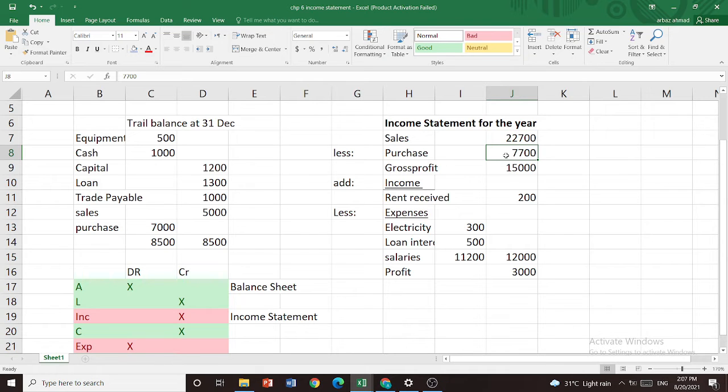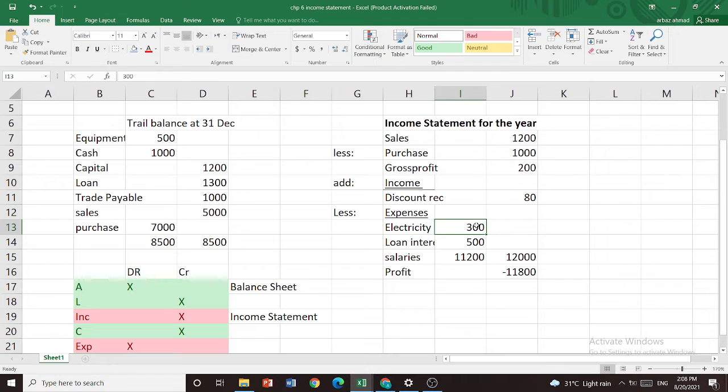Let's say you buy one phone for 1000 ringgit and you sell it for 1200 ringgit, and this one is 1000. So how much gross profit did you make? It is 200. Now did you have any other income? Maybe when you bought this phone you received 80 ringgit discount from supplier. Discount received from supplier, you receive 80 ringgit discount.